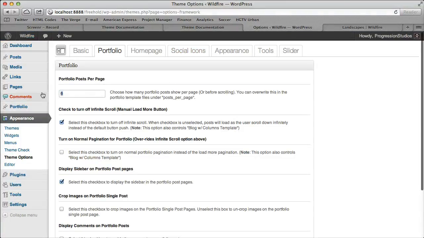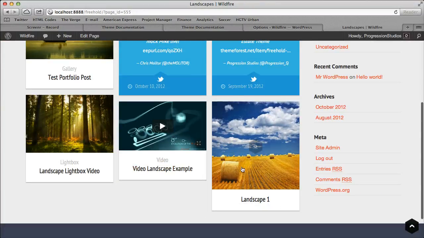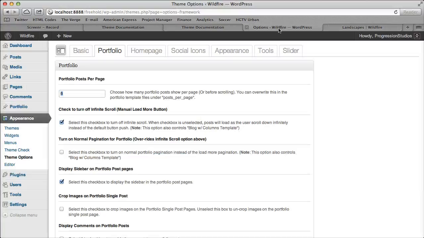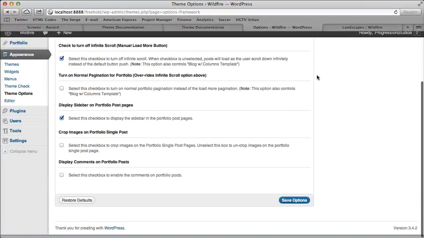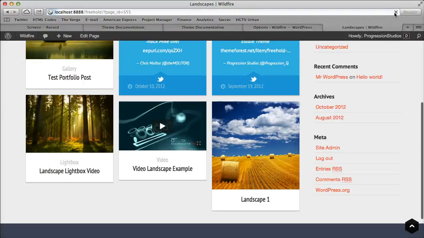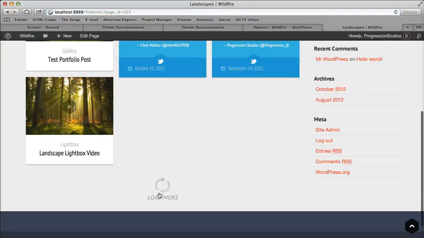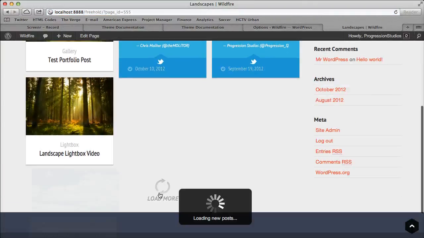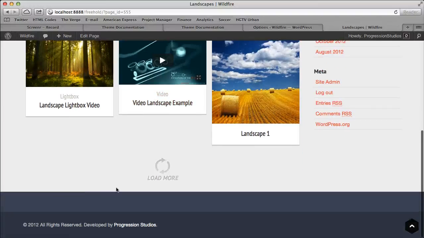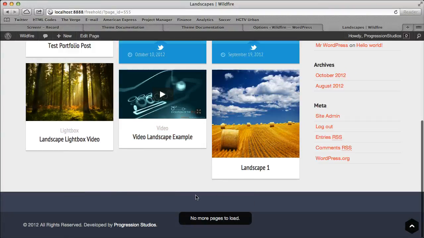By default it's 6, and that's just an arbitrary number that we chose, that we thought would reach the widest audience. Basically it means after 6 posts it'll add pagination. So we actually don't have very many posts, so let's go ahead and put 4 in for now and click save, and I'll show you how it looks. Basically what it means is after 4 posts it adds a load more, and then if I click load more it'll load another 4. Obviously it only loaded 2 because that's the end, and then it says no more and